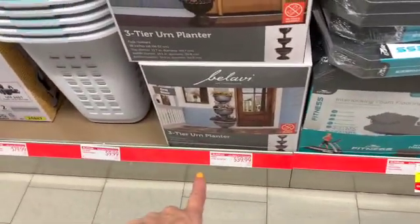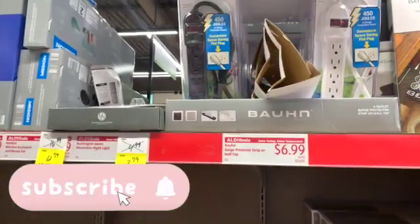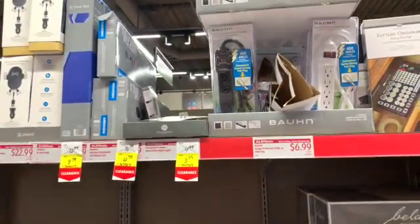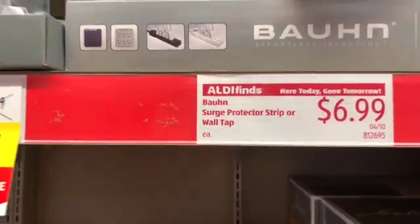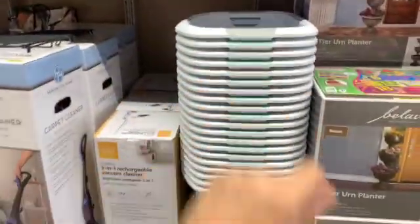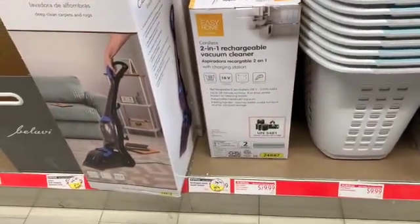We have a 3-tier urn planter. Really nice surge protector strips. I just bought one of these the other day in Walmart, and I'm wishing I would have gotten this one instead, because this one looks like it's way better. But yeah, $6.99 for this, $9.99 for a super nice laundry hamper that feels very sturdy. This is the stand-up variety. 2-in-1 rechargeable vacuum cleaner,